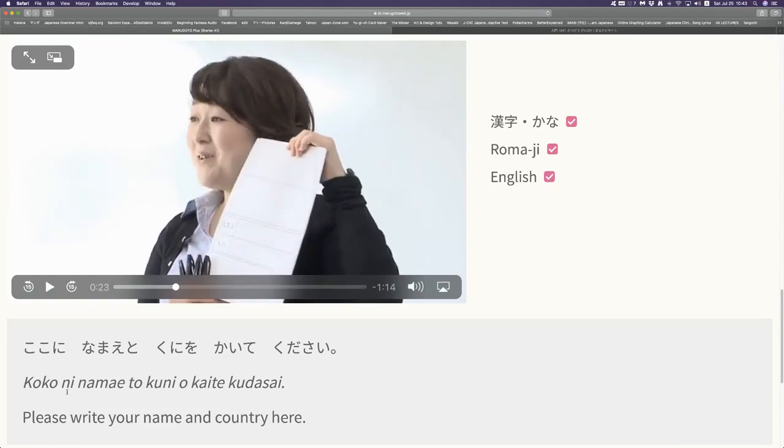This is a little complicated maybe for people who are absolute beginners. We'll break it down. ここ means here. に on. So on here, 名前 is name. と means and. So name and 国 means country. So your name and your country を書いてください. Right? This is our phrase that we learned today. を書いてください. Please write your name and your country here. 書いてください。